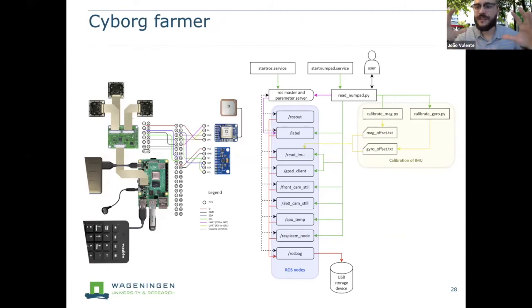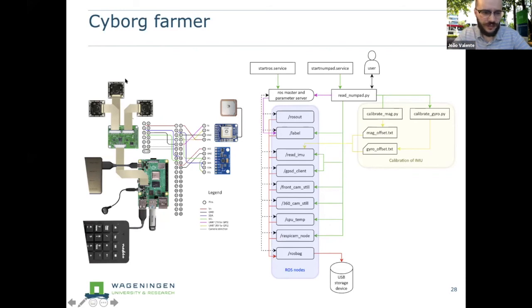So this is a little bit the background of my research line, how to bridge this gap between flying machines and farmers, how to bring this technology closer to them. I'm not going to go into details on the architecture, but of course you can see that this is 100% Robotic Operating System, custom built.